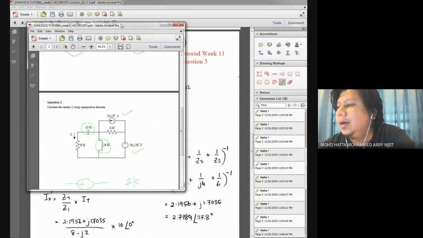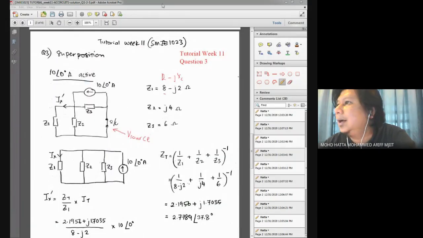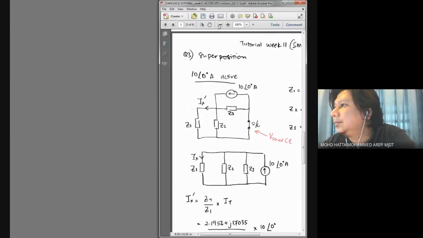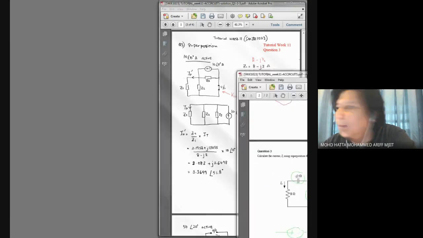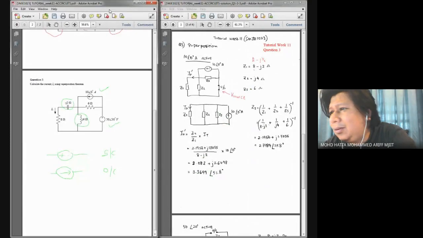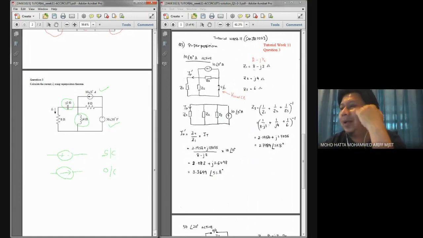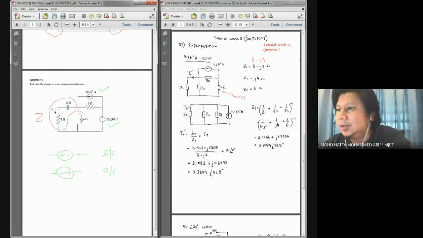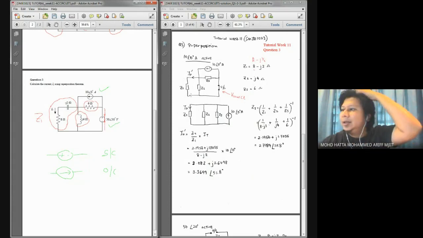Looking at the question back, yeah, correct. I redraw the circuit. Maybe I should put it this way. Okay, if you look at the solution that I have over here, nothing new. I messed up my head. I thought these two I combined together. No, I just combined these two together. Consider it as Z1. This is my Z1, and Z2 is this element, or this j4, and Z3 is this resistor. And this one I put as a short circuit, and I just redraw it based on this circuit given